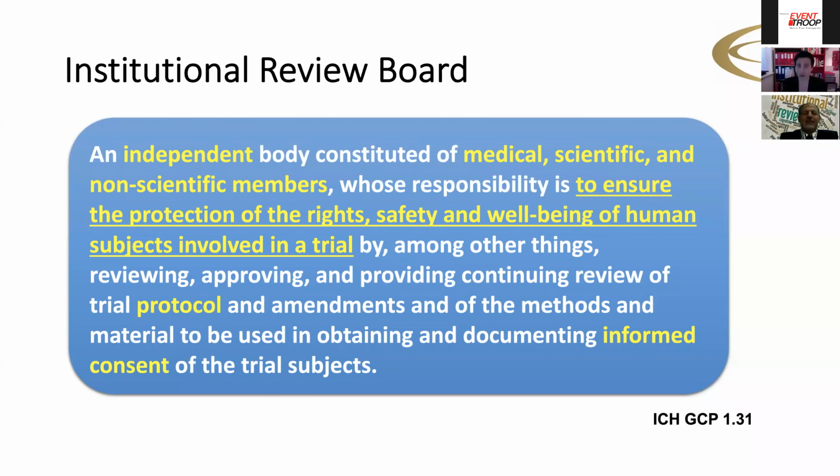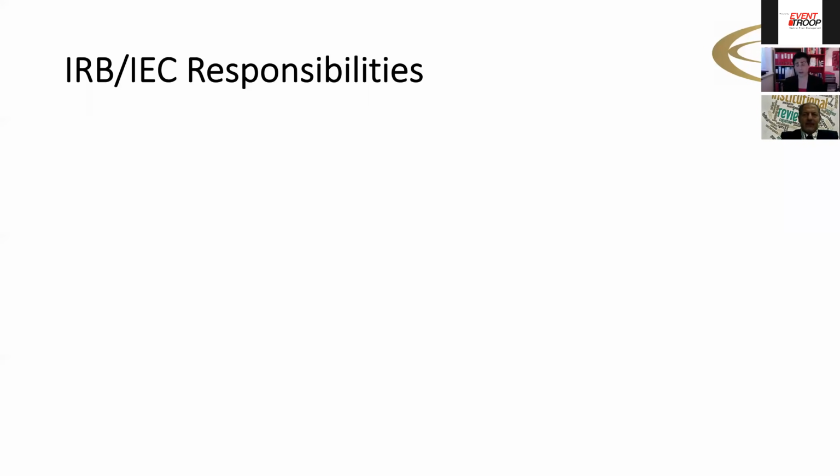It's just terminology. When GCP was being developed in the European Union, we called them independent ethics committees. In the US, the term institutional review board was used. So they're exactly the same people, the same group, and the same rules that are stated in section 3 of the GCP guidelines apply to them all. So this is who they are. So what are they going to do? You say, well, Naeem, you said they're going to protect the rights, safety, and well-being of subjects. How are they going to do it?